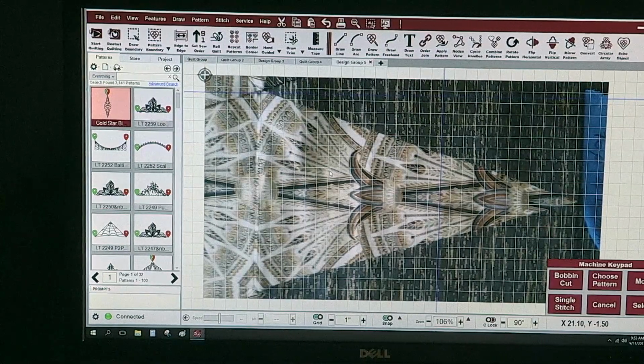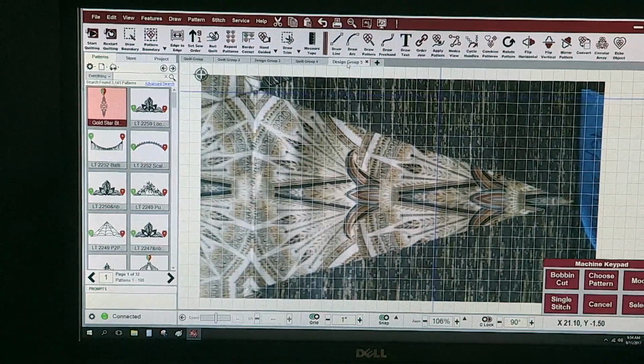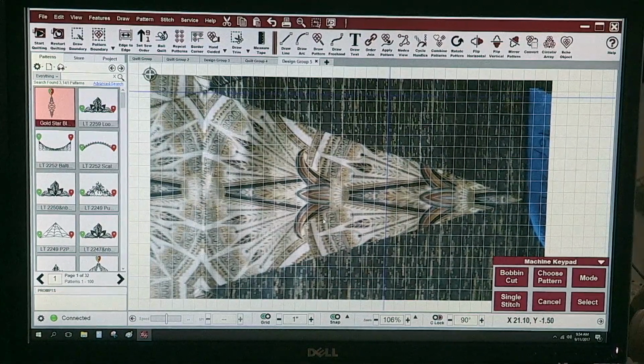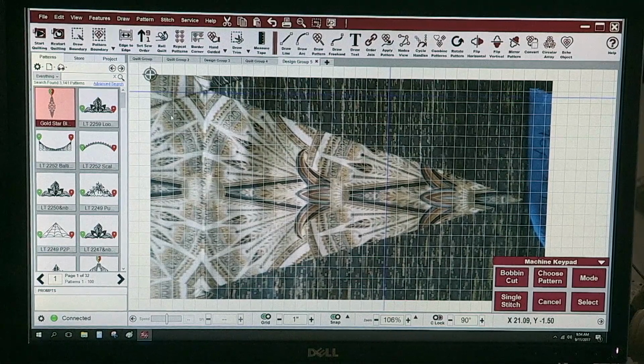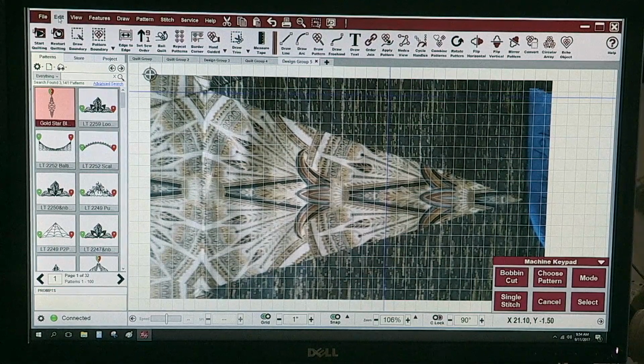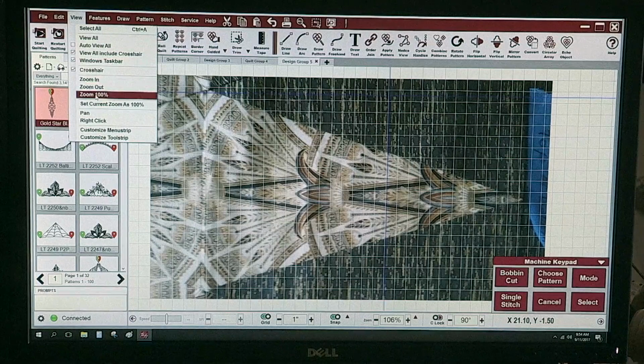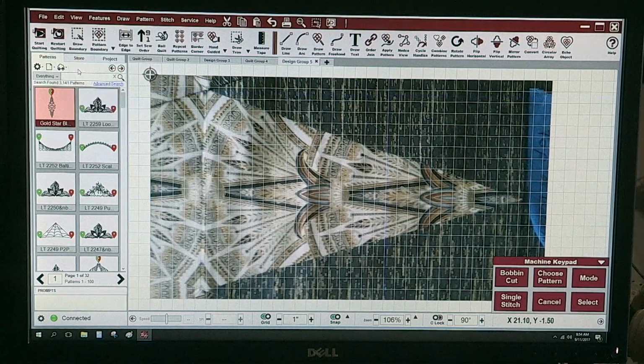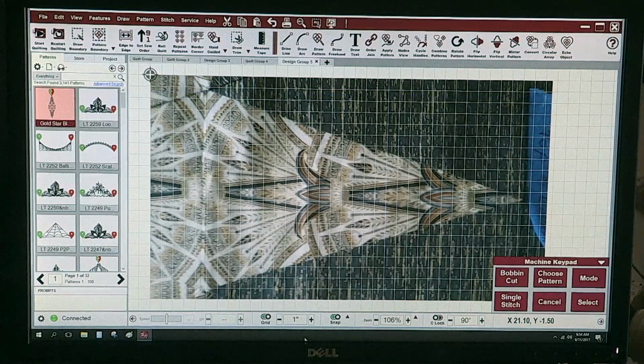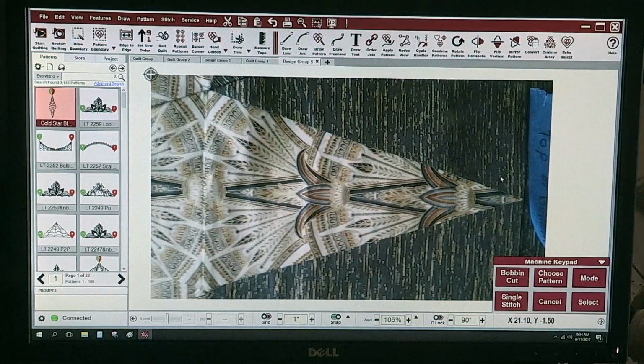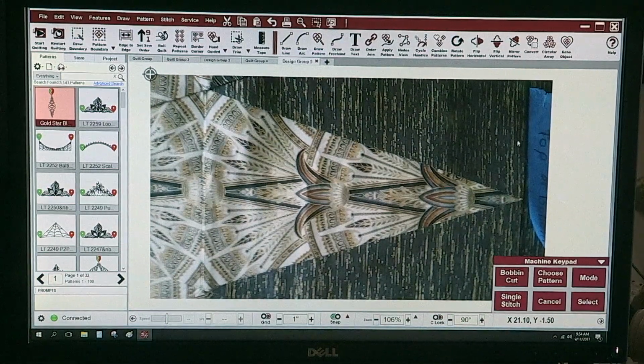CreativeStudio puts it on screen for me in a design group, but I need to clean up the screen a little bit first. I want to get rid of my crosshair because I don't need that. I'm going to go up to View and uncheck crosshair. I might also want to turn off my grid because I won't need that. And then some other useful things to do would be to